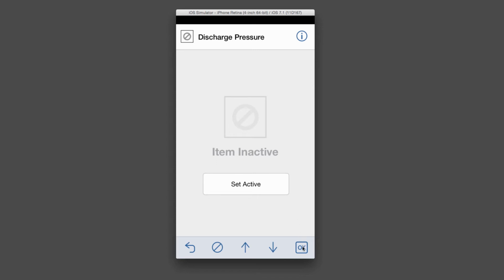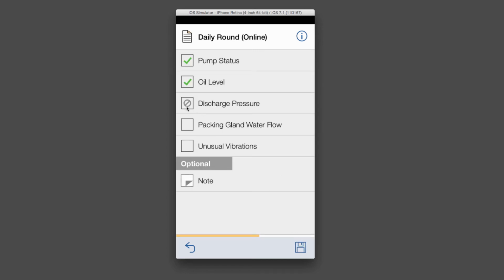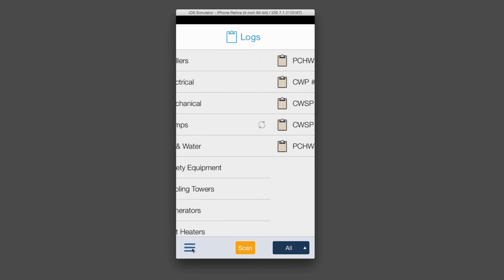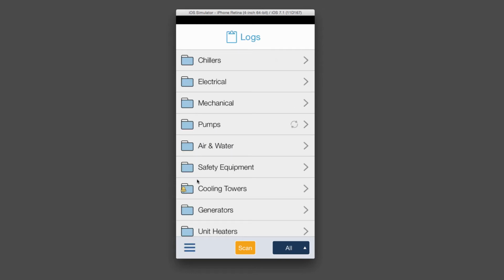So let's go ahead and hit OK. And now we can see we have the inactive icon showing up in this box, basically saying there's no value in here whatsoever. Okay, that pretty much sums up how to work with logs in the mobile app. At this point, we can go back to the main list of groups and continue our route while performing the